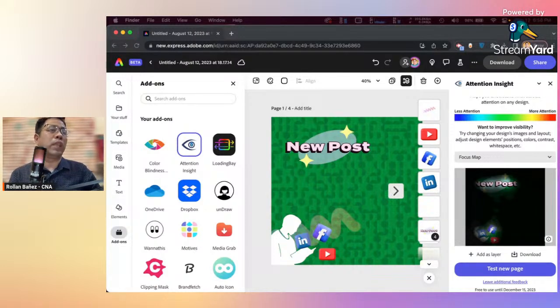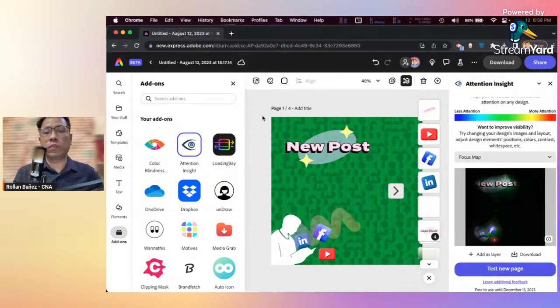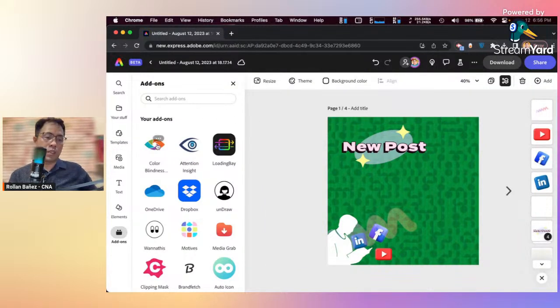Okay, so the last one that I'm trying to give you more information on is this one. I love this add-on. I hope I could have more time to advocate for this. And this is color blindness.